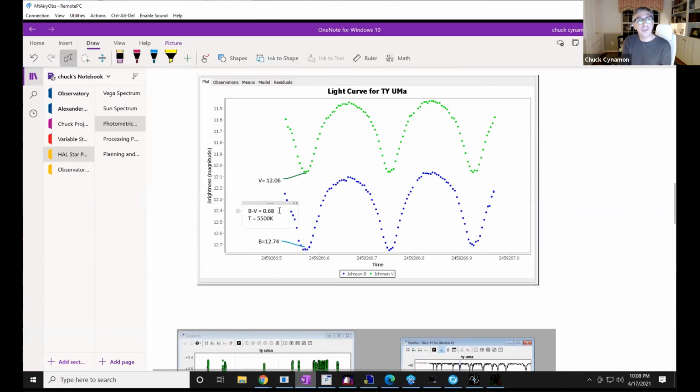And so for this differential, there are actually tables that people have done and calibrated on the Hertzsprung-Russell diagram. Based upon that differential, you can figure out what the temperature is for that system. And in fact, based upon what I came up with, it's about 5,500 Kelvin. And when I go back and look in my book, hey, 5,500 Kelvin is what the primary star is in this system. So again, that's just something I was able to do to kind of validate myself.